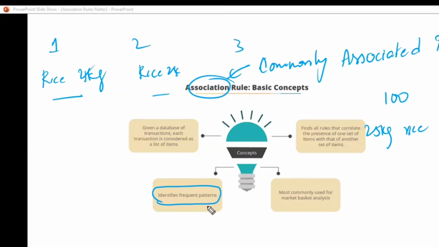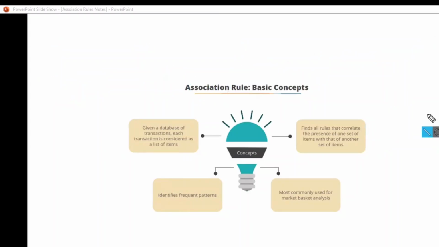Once we identify that pattern, if you want to increase the sales of the rice bag, you just have to bring that product along with it as a combo offer, or keep it side by side. That is in order to increase the sales. Human psychology is that if there are more combo offers or value for money, even though we are not interested, or we don't require it, we will still purchase. They have observed all these things.